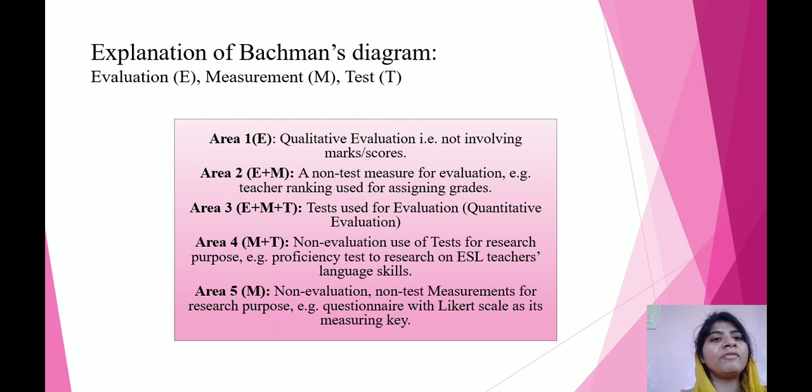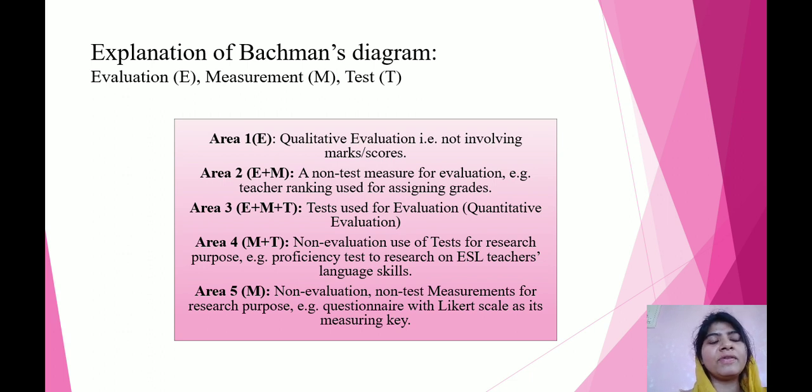So my finding out whether the speaking skill is adequate is not to evaluate them, is not to judge them, something which I would do with y'all, because you're my students. I'm taking a proficiency test on them just to find out how their language skills are. Based on that, I can write a report, maybe because I need it for my research purpose. Let's say I'm conducting research on the proficiency level of English language teachers of West Bengal. When my purpose is research, not evaluation, I've prepared a test for them. That is area 4.